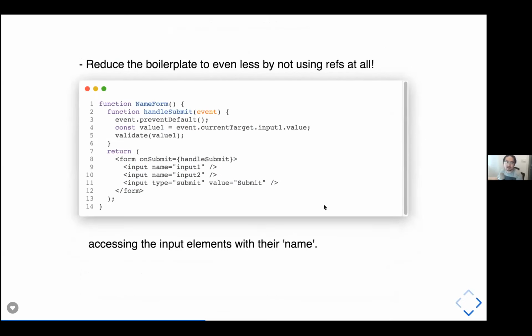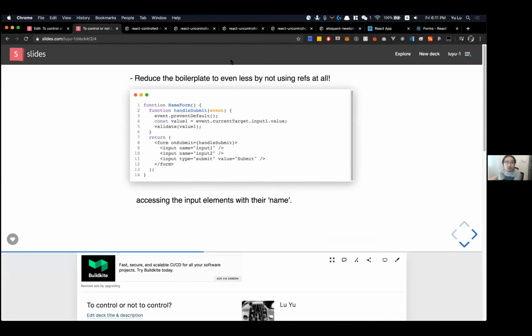And there's another way you can use to reduce the boilerplate even further by not using refs at all. So basically, you are not attaching any ref to any element. You are basically using the submit event for the form element. In the handleSubmit handler, you can access your inputs' values by using their name, which you have declared on each of them here and here. So an example would be